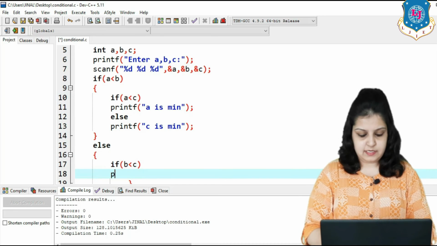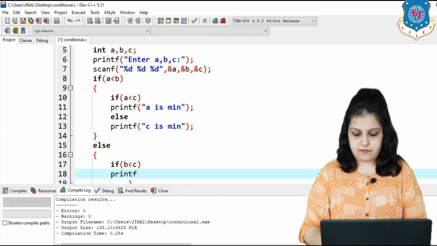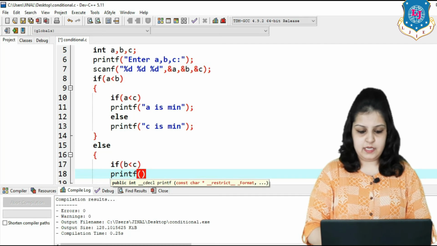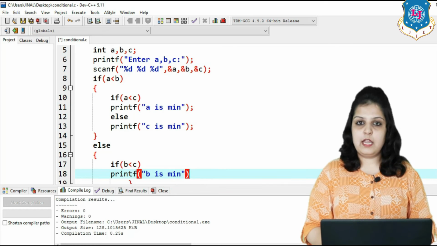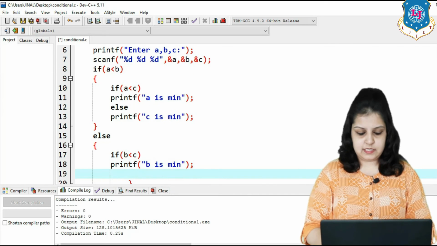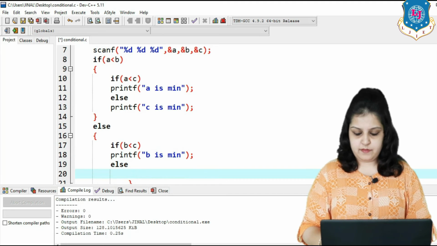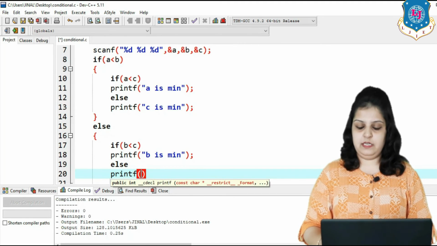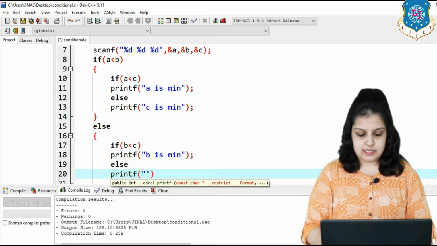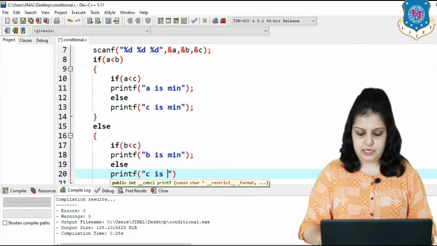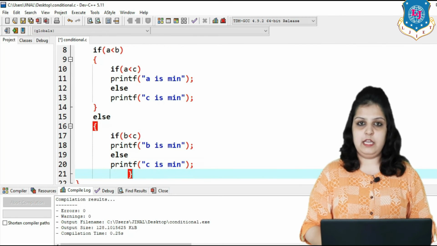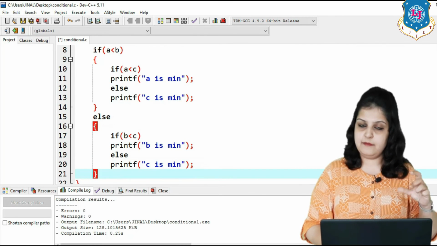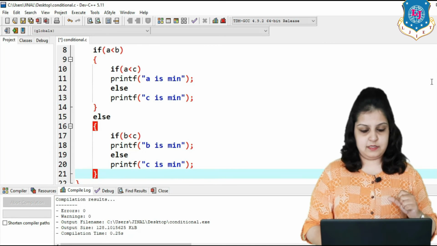If yes, then printf b is min, and in else printf, if b is not min, then in this case c is min. So you can see here in the first if else, and here in the else also an if else. So 3 conditions are available.